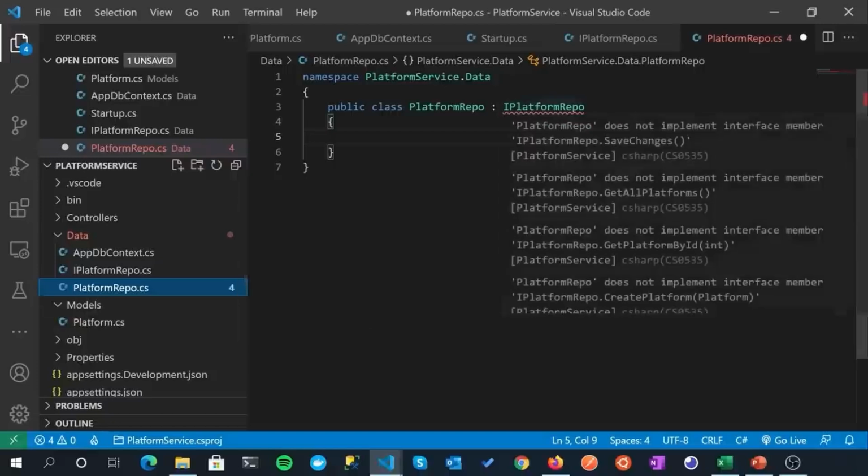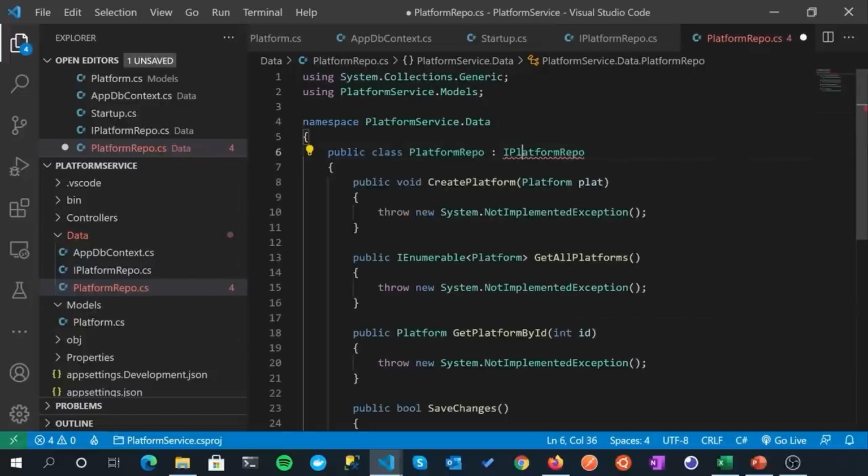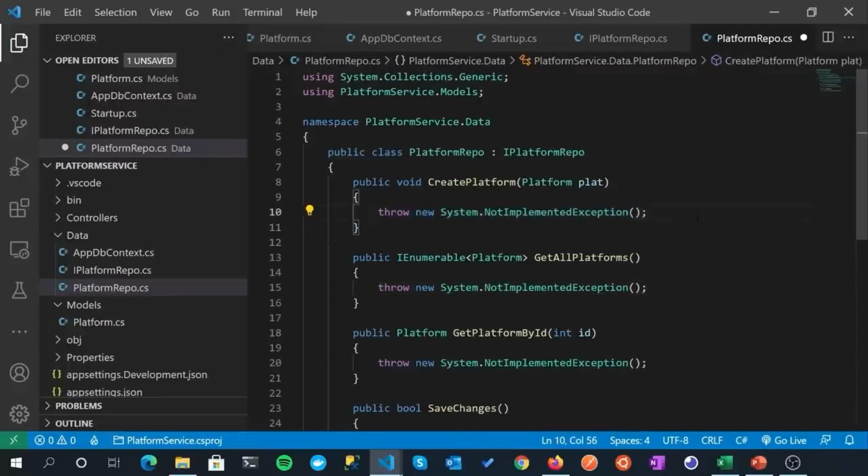Okay, and straight away it will complain because we've not actually implemented any of these methods. So again, our best friend, put your cursor in there, control and period, and click implement interface. Now it's not clever enough to actually fully implement it. All it does is create these placeholder method definitions, and you can see it's just throwing a not implemented exception. So it gives us the placeholders that we need, which is good enough. And actually you wouldn't want it to implement it anyway, because generated code is not that great, but this is fine.